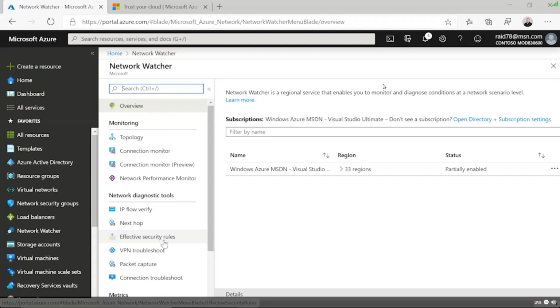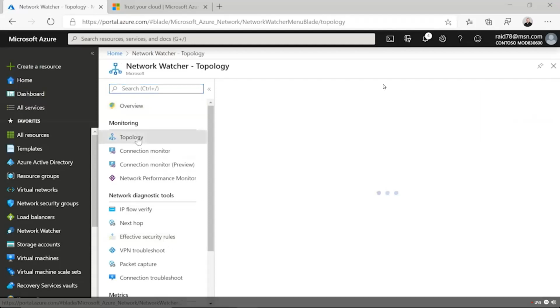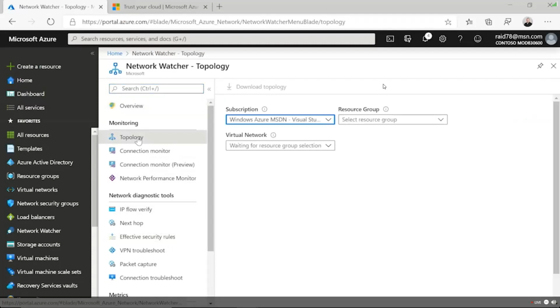Now, let me show you three of my favorite things in this tool, and I just want to give you a quick overview. My first one is topology. Now, Garrett, I don't know about you. I've been asked to do network topology diagrams before. Isn't that a fun way to spend your day? It's the most fun. Okay, the sarcasm comes out, right?